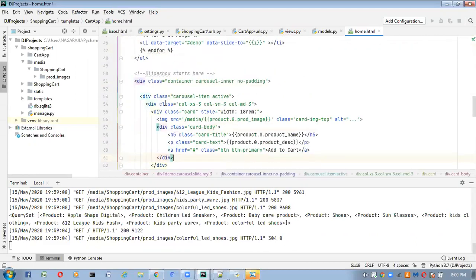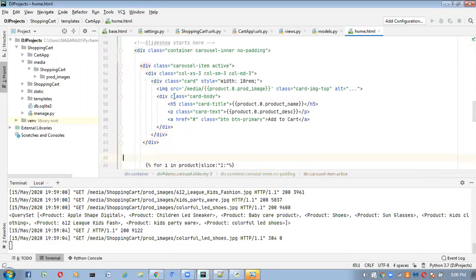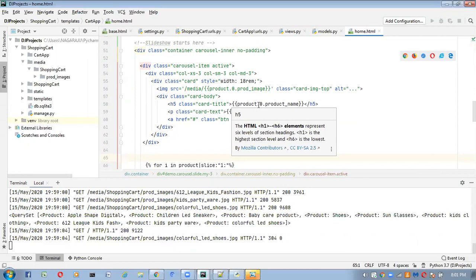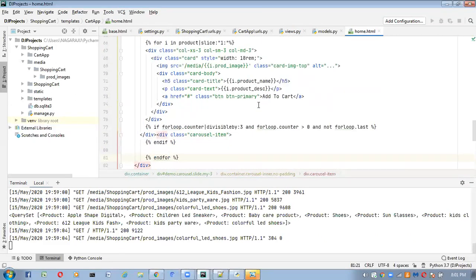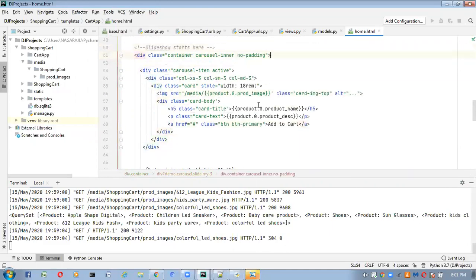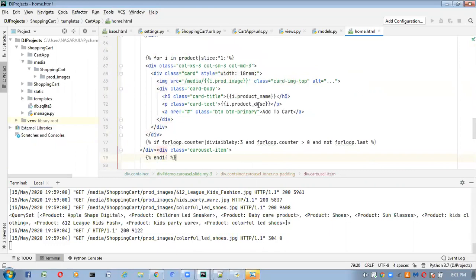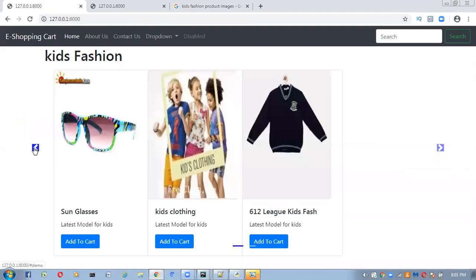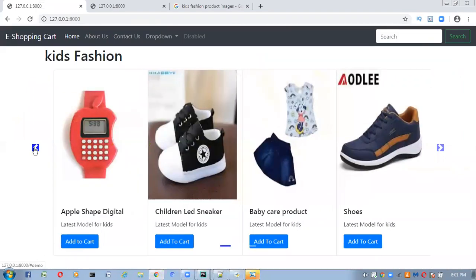Next, each product I want to get. The first product you won't get by default, so that's why I'm taking the first product like this, and from the second product onwards, dynamically, I'm writing a for loop. By default at least one product should be there, so that's why I marked the first product active like this. From the second product onwards, I'm writing a for loop like this. So now all the products we are getting on the screen like this. Clear?